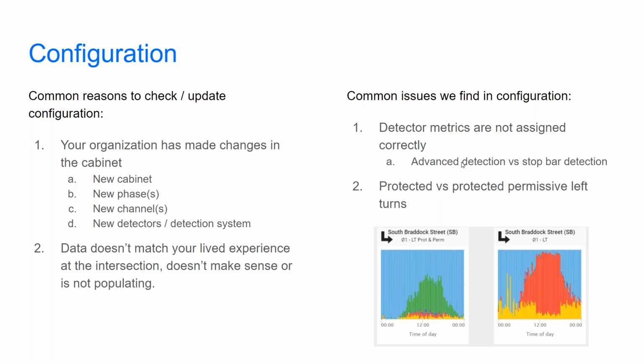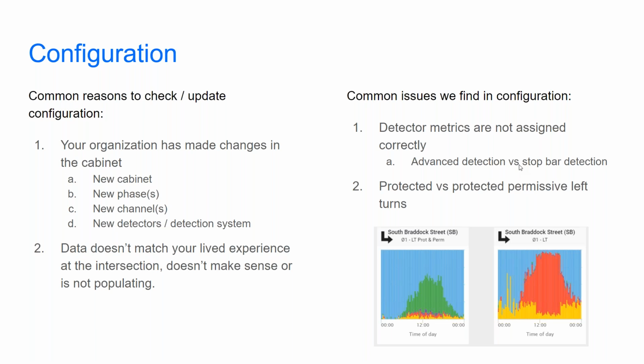Common ones that we do run into, just to think about a couple examples, and I'll show you on the next page what I mean by this, but detector metrics are not assigned correctly in the configuration. We often see an advanced detector configured versus a stop bar detection. And when you're on the page, it actually highlights what metrics are enabled by what detector type. And so one of them is stop bar. Stop bar enables your